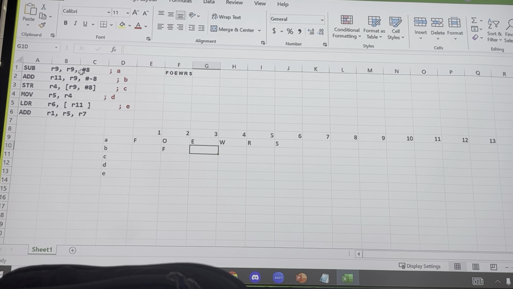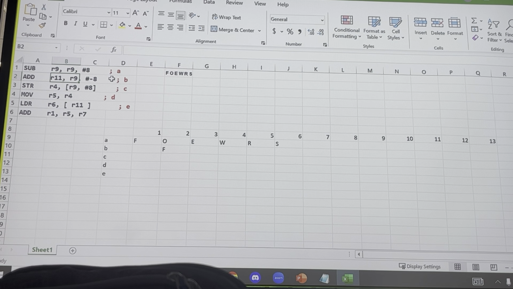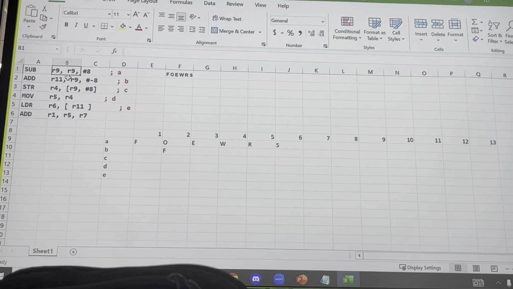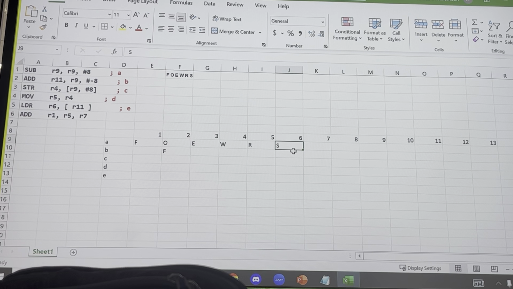Now, what are these instructions? R9, R9, and R8. Are there dependencies here? Yes. R9, right? We need this, which means our operand fetch needs to wait on what? It's got to wait for the result, right? But read the pipeline carefully here. It's talking about execute, write to memory, read to memory, and then operand store, right? So operand store is talking about specifically what? Putting it in the register. Yeah, put it in the register, right?